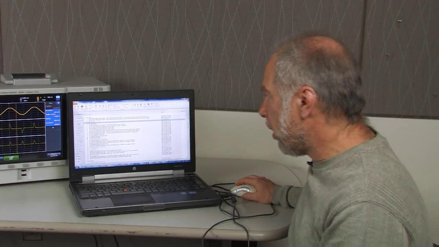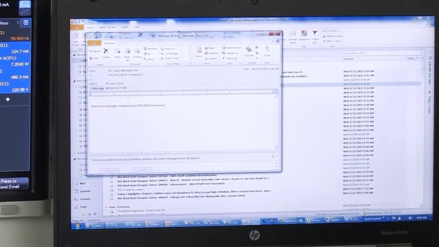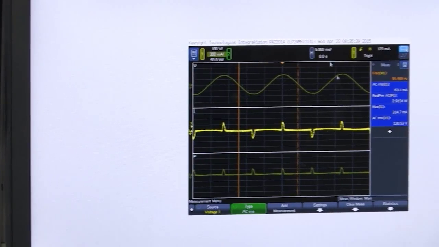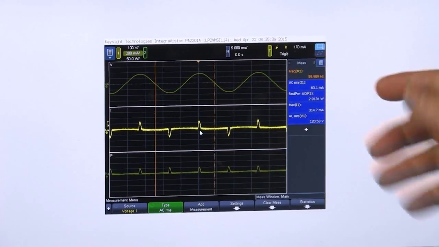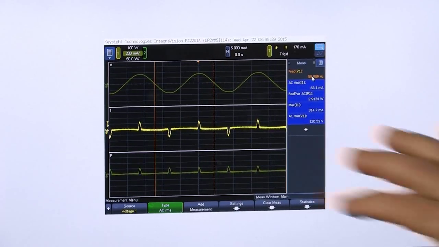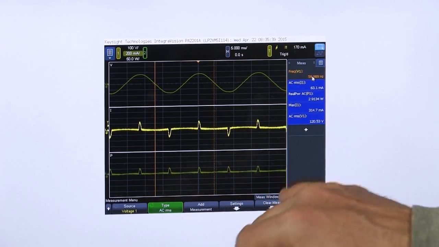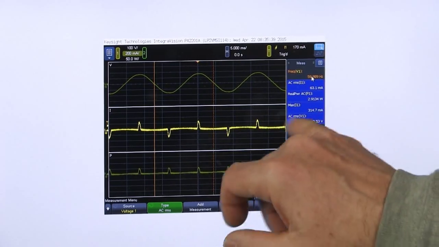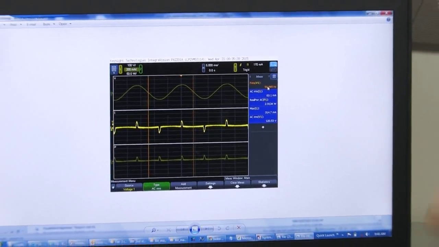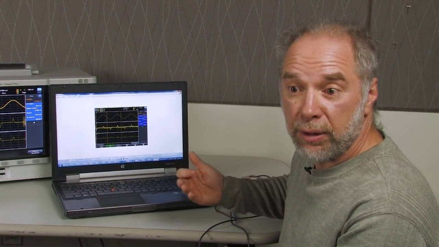I have my email open now, and I see that I've received an email from our IntegraVision Power Analyzer. Let me open this up. This first email contains a bitmap, and when I open the bitmap up, you can see we've captured the front panel, and all of the measurement selections that we've made have also been captured. You can see that we're measuring 60 Hertz there. The real power down here is at 2.9 watts. We have the maximum current, and we have the AC RMS of the voltage. You could add more measurements and you would capture those also. So pretty good. You could put this image into your reports, characterize something, and save it for future reference.